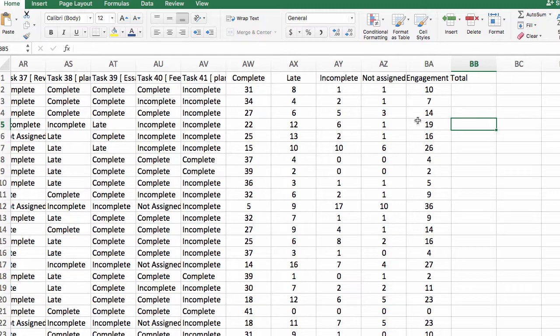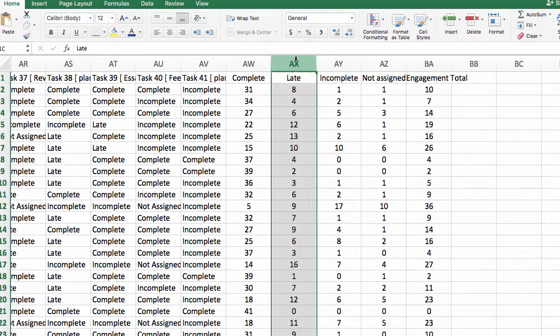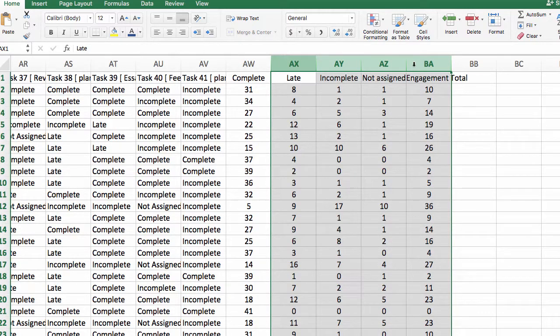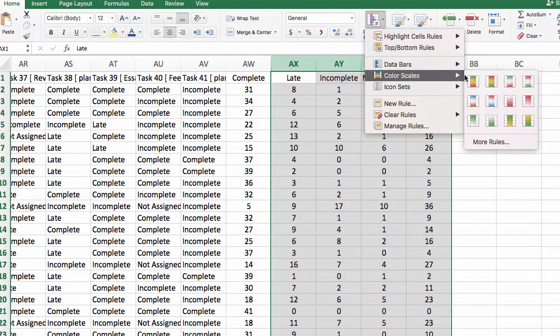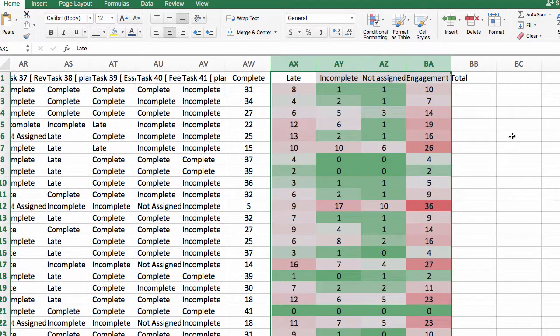An easy way to see the trends is to use conditional formatting. So I'm going to select late, incomplete, and not assigned, as well as the engagement total, and I'm going to pick conditional formatting. And I'm going to use a color scale where red is the highest number and green is the lowest number, because the students who have low engagement should be in red. So I use that, and now I can quickly see which students have a pattern of low engagement that might